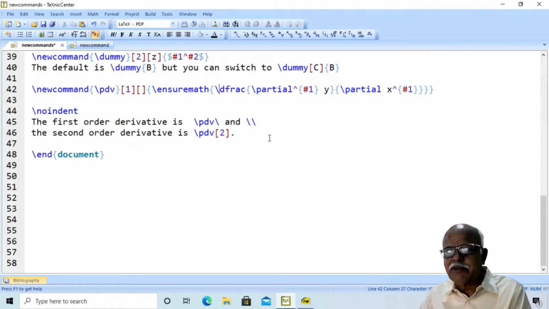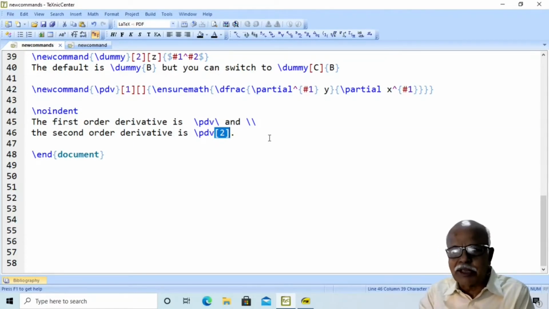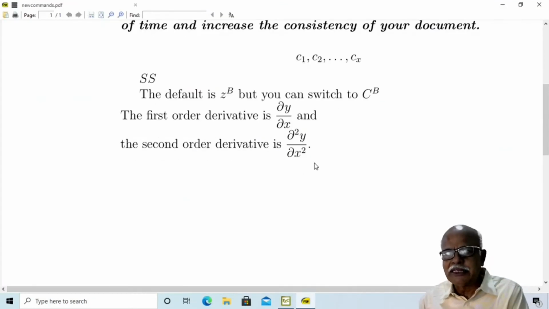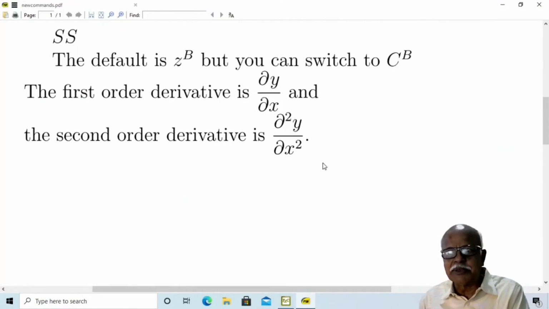Then we have \dfrac partial this. The first order partial derivative is just \pdv. The second order partial derivative is got by using the number 2 within the square option brackets. You will find this as a result. This is possible.